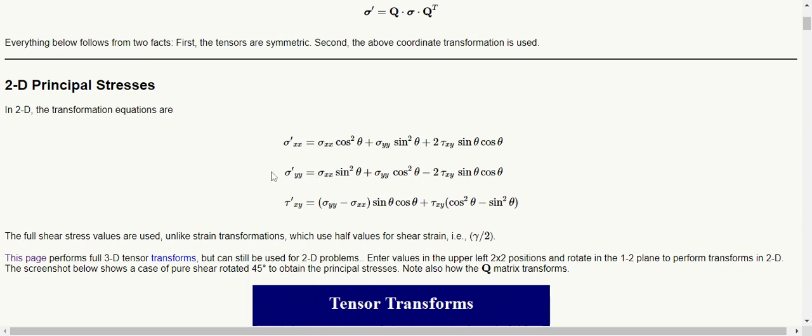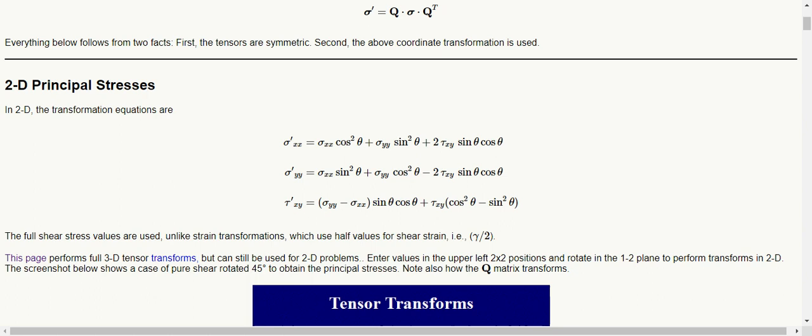So another new concept that we discuss now is the concept of principal stresses. So what are principal stresses? The principal stresses are stresses at a particular orientation of your tensor inside the body, in which orientation there shall be only normal stresses present in that body or in that element that you are considering,